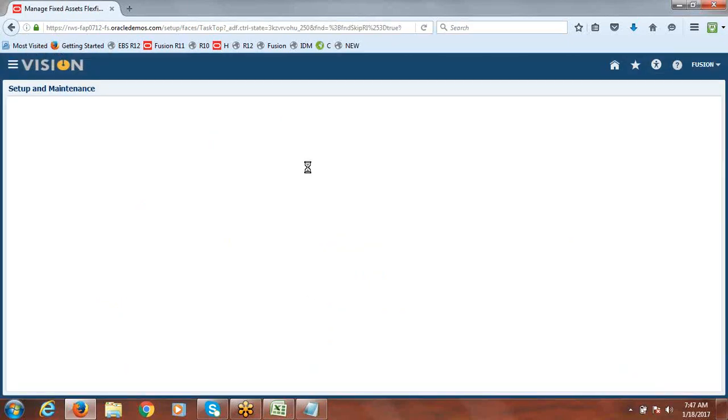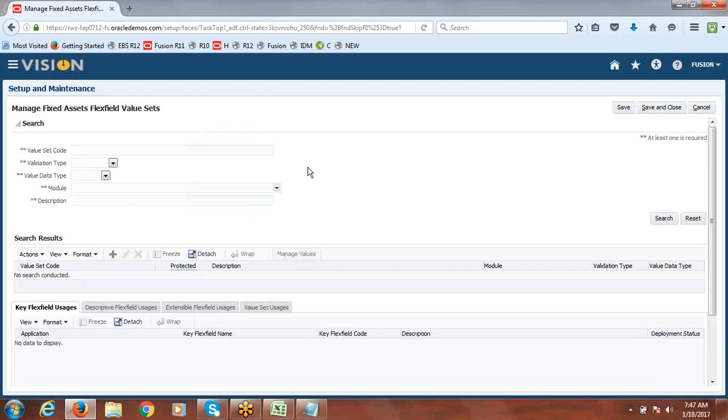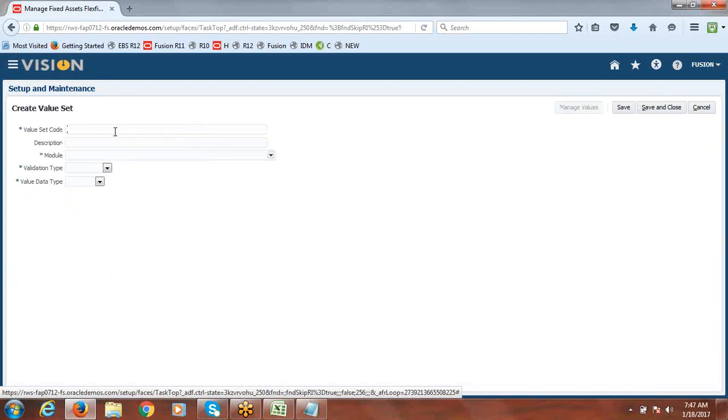First we'll create two segments for the category key flex field. If you want two segments, two value sets are required, so click on create. I'll give the name something like Fusion major category.